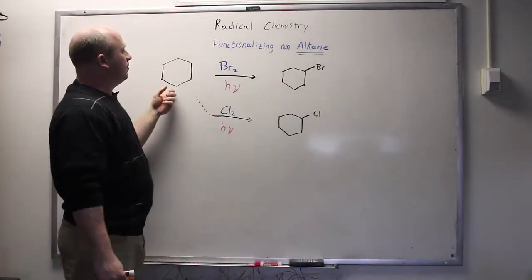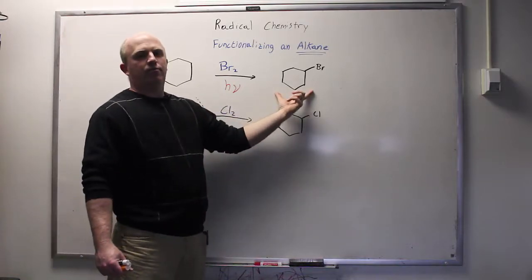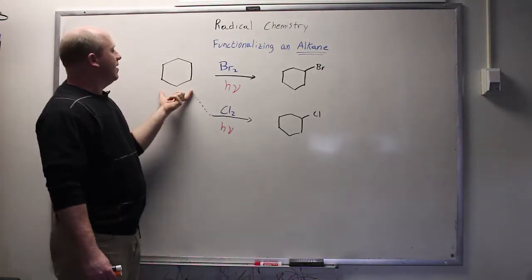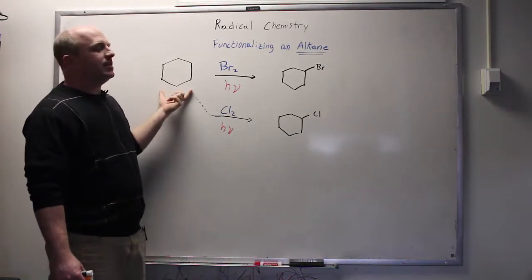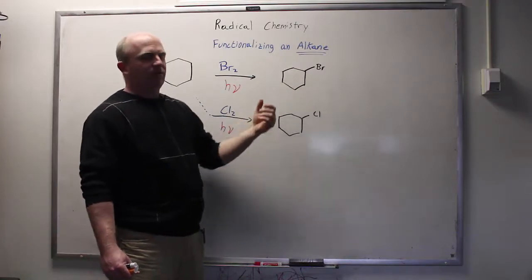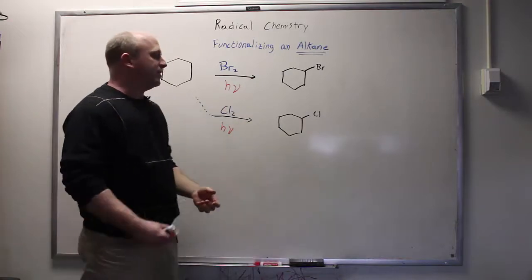an alkane. And the reason why Professor Pelkey and I both started with cyclohexane is because there's really only one product possible. There's only one type of hydrogen present here. There are 12 different hydrogens, but every single one of them is exactly the same, and so there's going to be no selectivity, and so you get bromine on one of the various hydrogens. And likewise, if you throw in chlorine, you're going to get chlorine on one of the hydrogens,